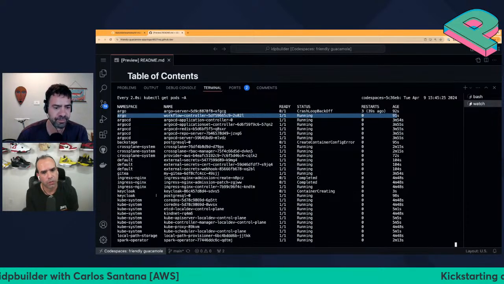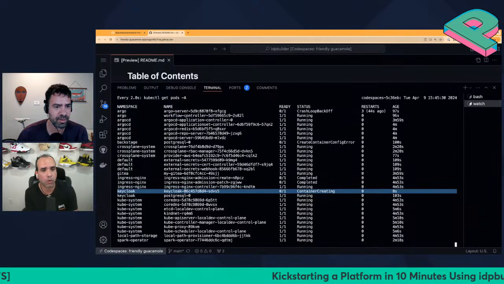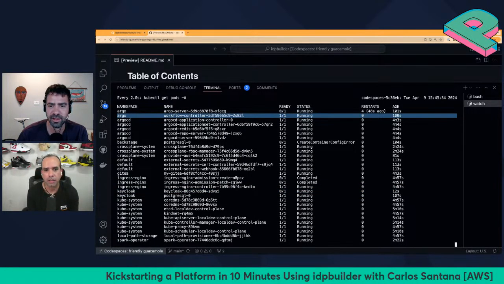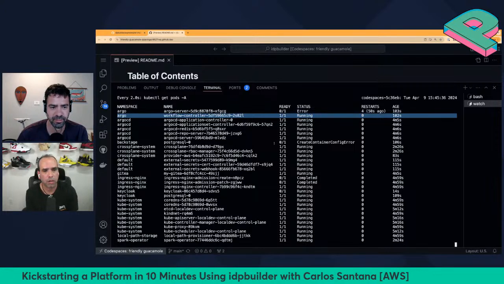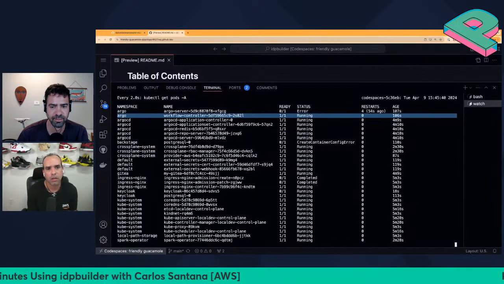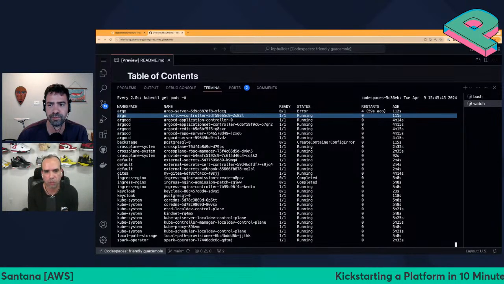What else can you substitute? I think that's it. Argo Workflows. If you're not using Argo Workflows, maybe using Tekton, you can swap. Yeah, but I'm saying if you are, you can swap Argo Workflows for Tekton. It depends on what your technology choices are. But at least the reference implementation that we have here